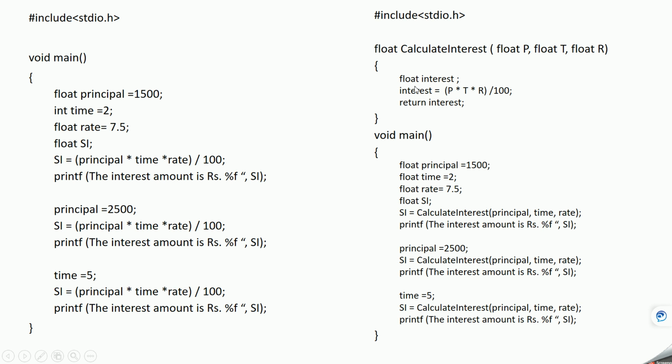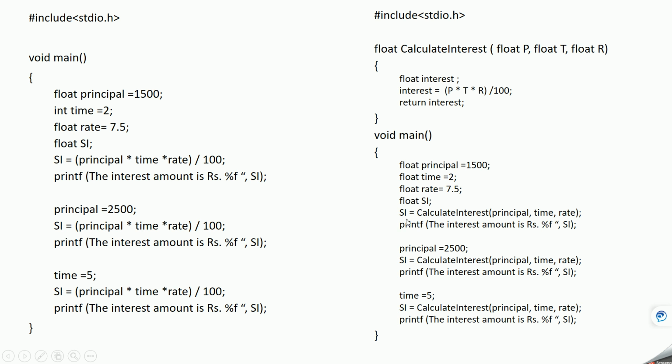This interest calculation we are doing in this program, and we are finally returning the interest. Remember that box with input, output, and the function. This is the input, this is the box, the function name you can think of, and this is the output, and the calculation that will be performed is here. Now let's see how we will use that. We have principal, time, and rate, and we have a variable of type float.